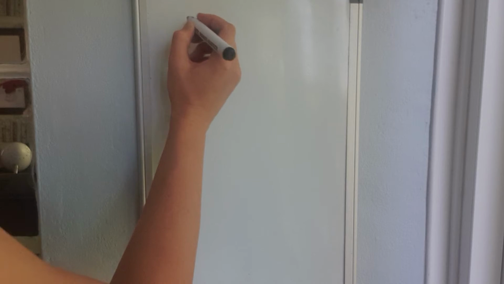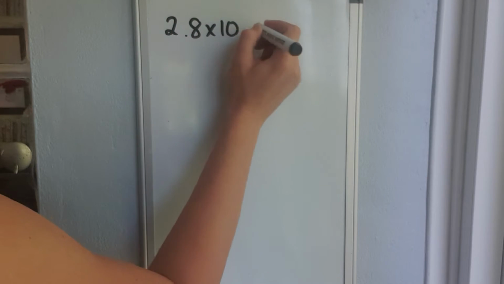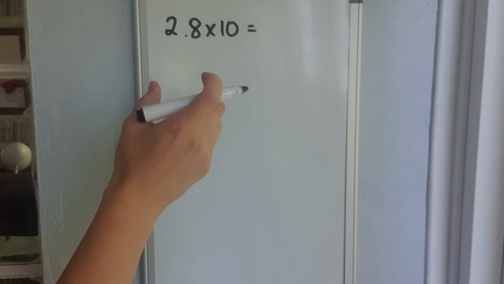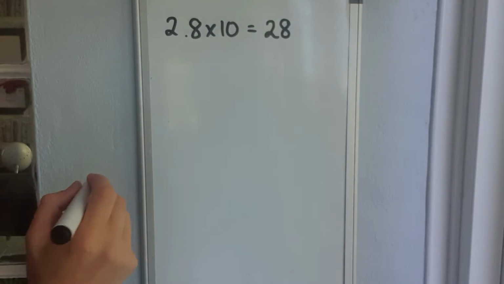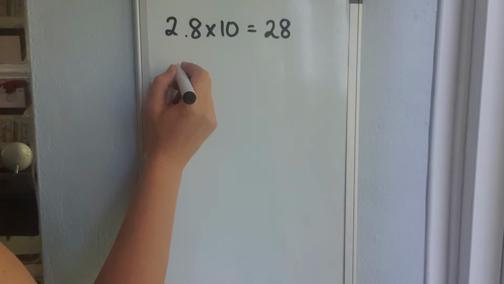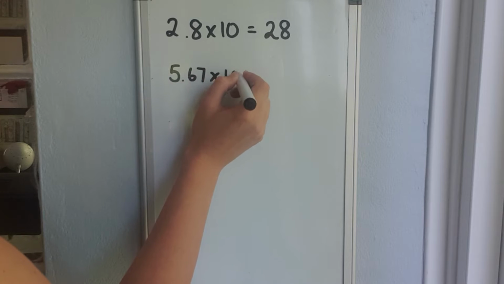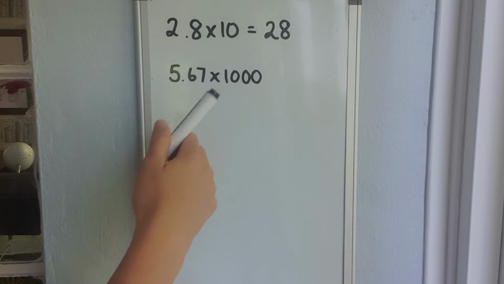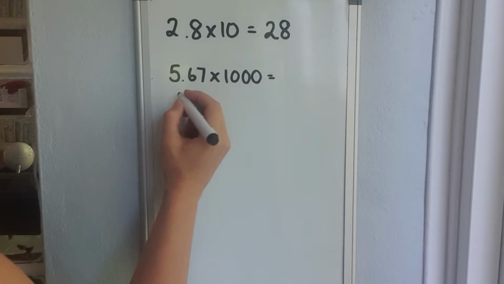So I just thought I'd quickly do a refresher on what you already know and then move on to multiplying by those decimals. First of all, hopefully we're all happy with the fact that if I took 2.8 and multiplied it by 10, the numbers would move one place to the left, so that would give me an answer of 28. If I was multiplying by 1000, so for example if I had 5.67 multiplied by 1000, the power of 10 is 3, so the number would move 3 places to the left, so that would give me an answer of